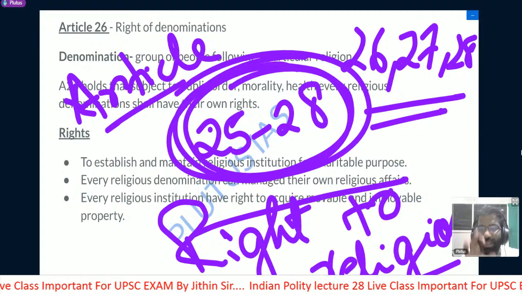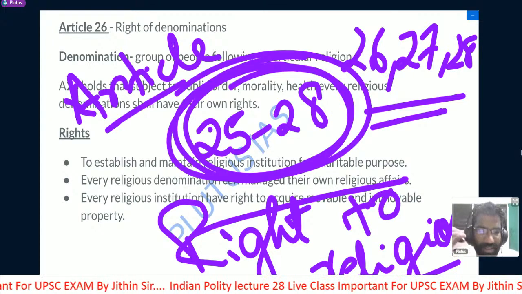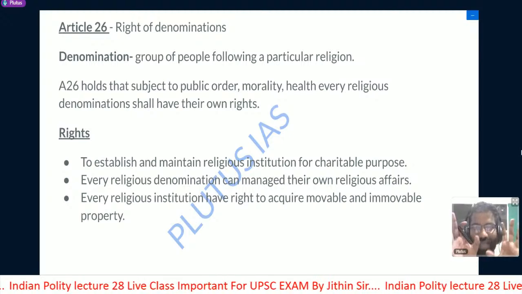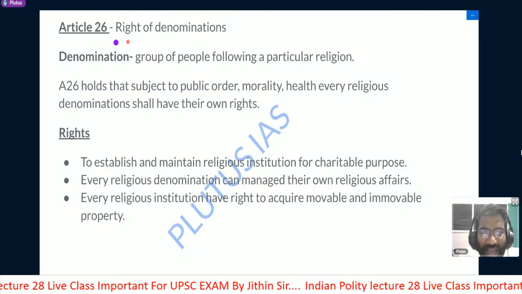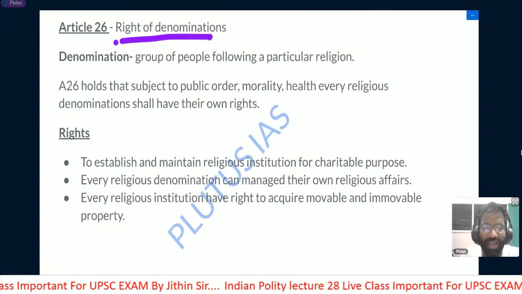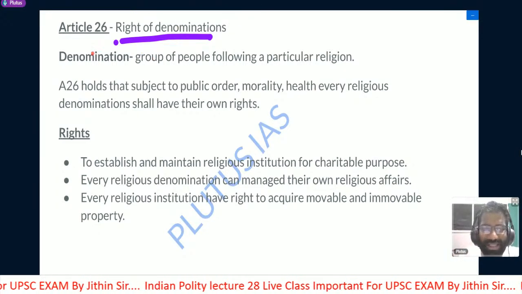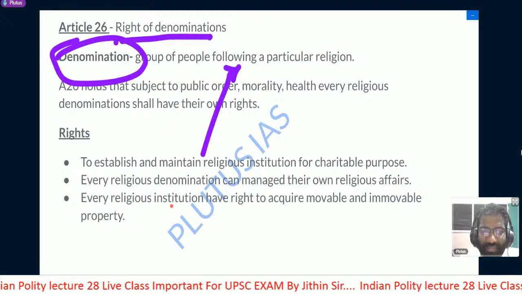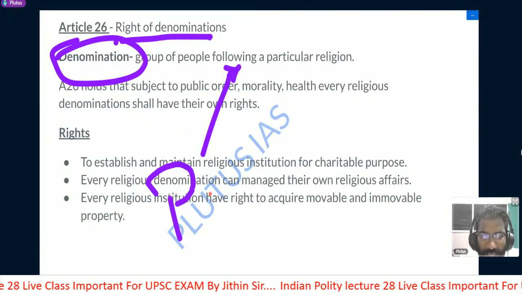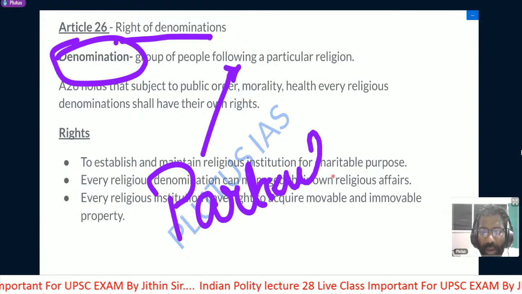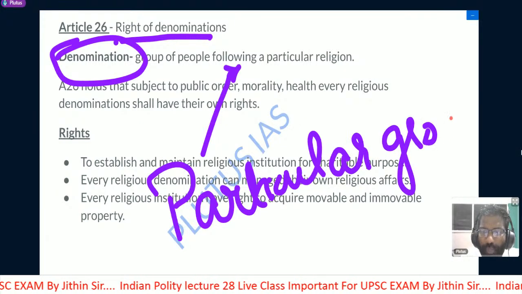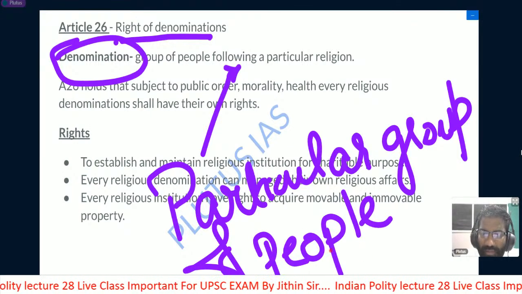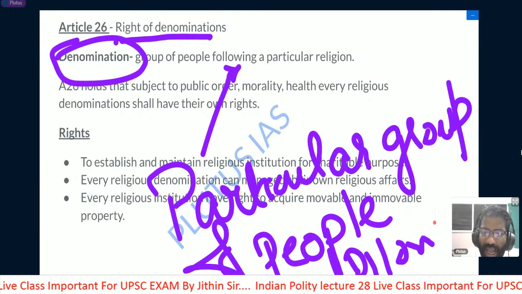Okay, so what we are going to discuss in today's class is firstly Article 26. Okay, now in aspect of religion, right of denomination. Right of denomination. Now what is denomination? Denomination in terms of this article is a particular group of people following a particular religion,